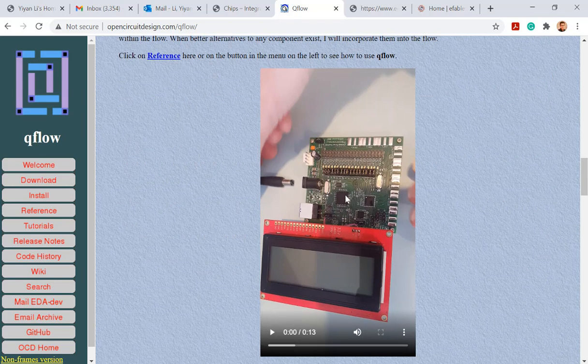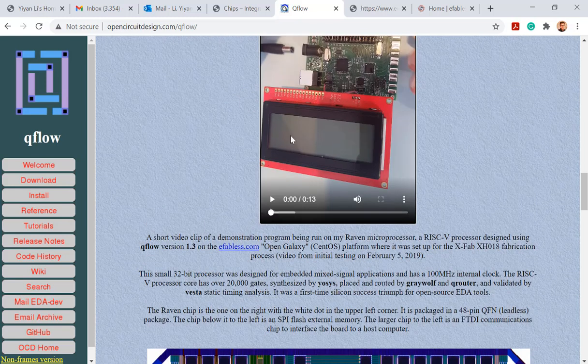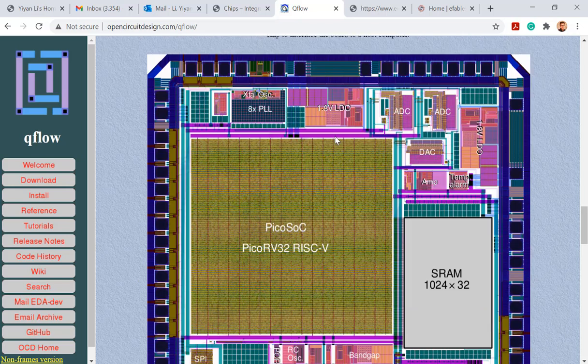You can see it's already soldered on the PCB. And he did some LCD application. And it's like an MCU, a microcontroller being used for this experiment. So which means it works, right? If it's not working, then you cannot see anything on the LCD after programming. It works. And here's the CPU,